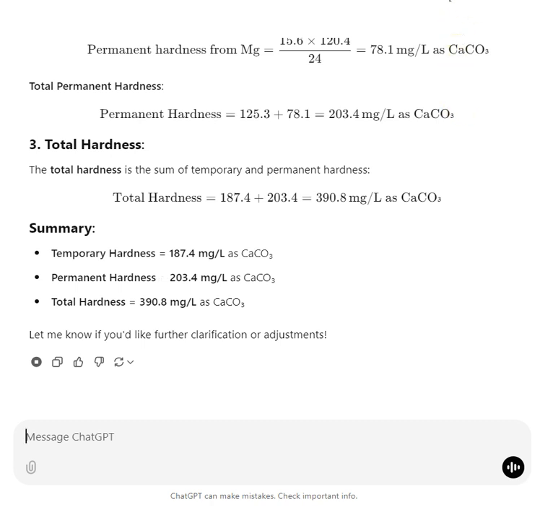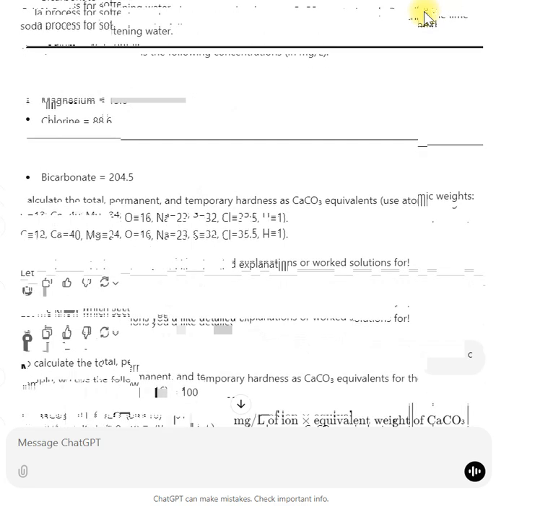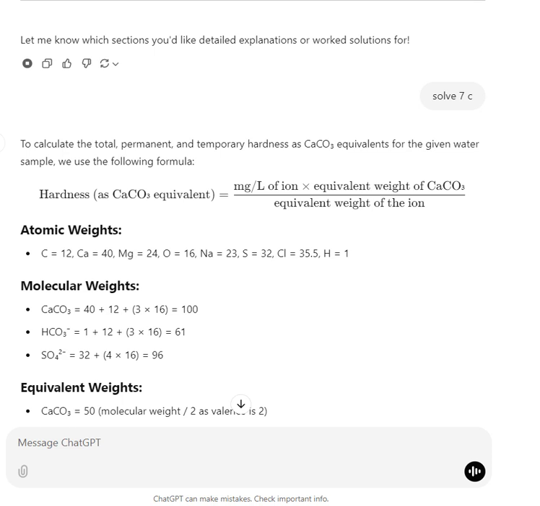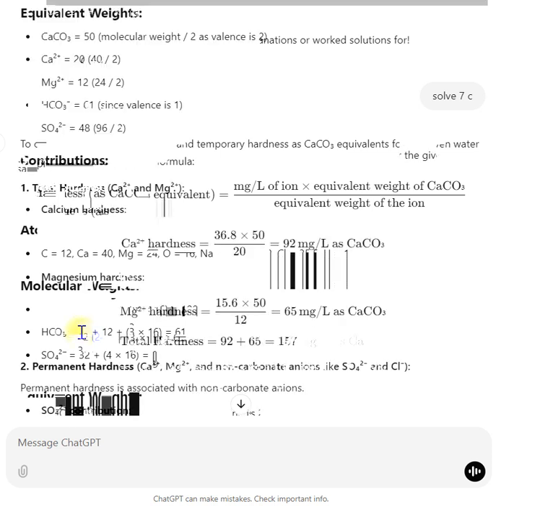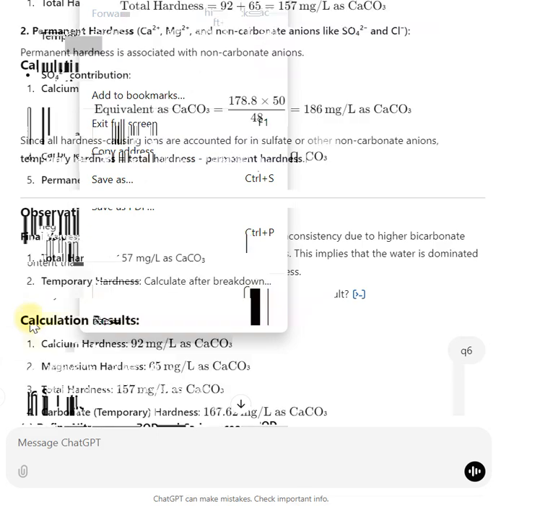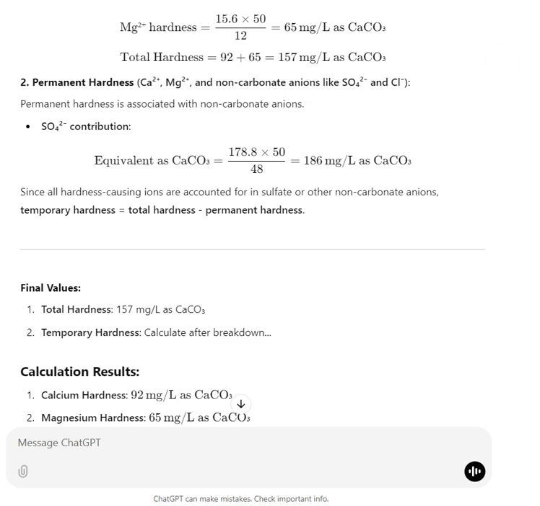1. Coagulation and flocculation. A. Discuss the processes of coagulation and flocculation. B. Compare hydrophobic and hydrophilic colloids. C. Calculation results. 1. Calcium hardness, 92 mg per liter as CaCO3. 2. Magnesium hardness as